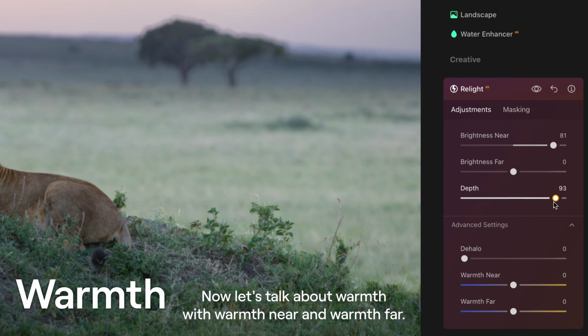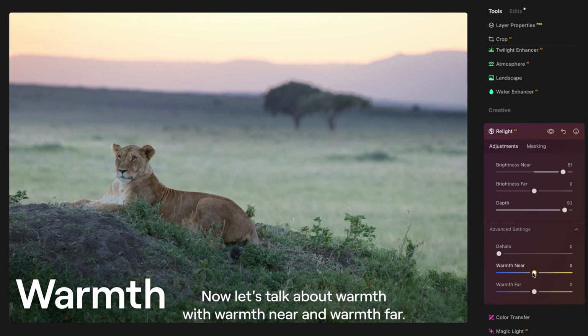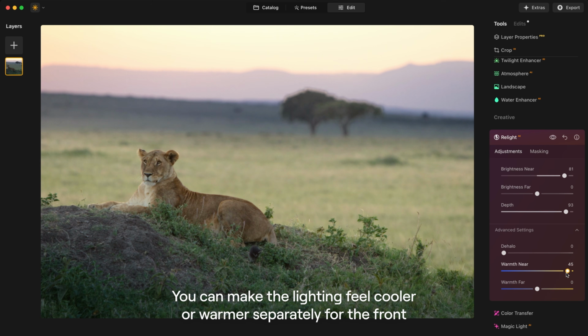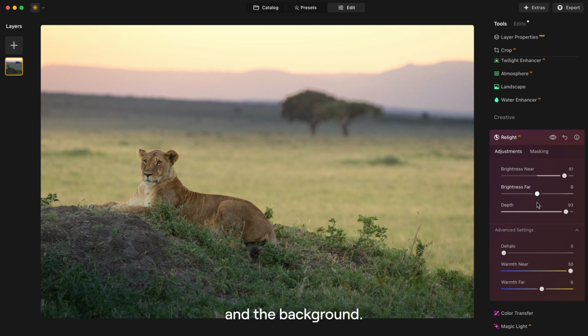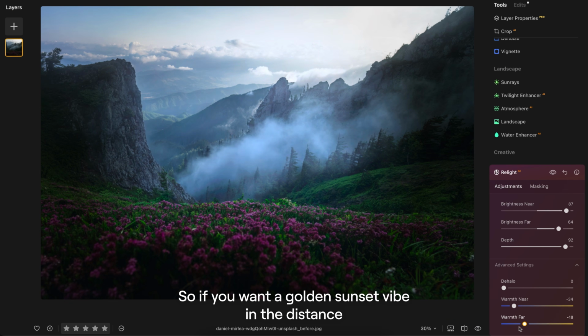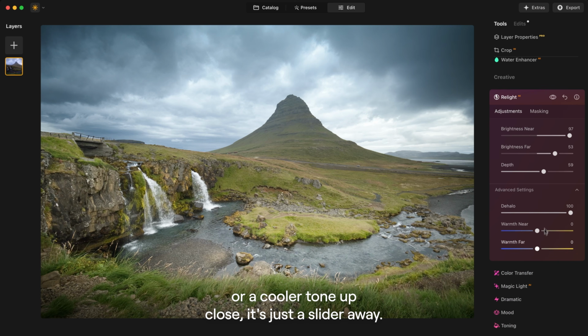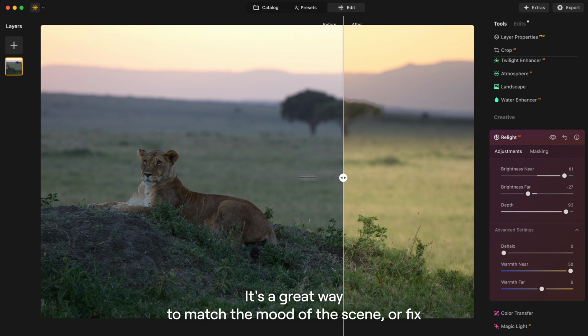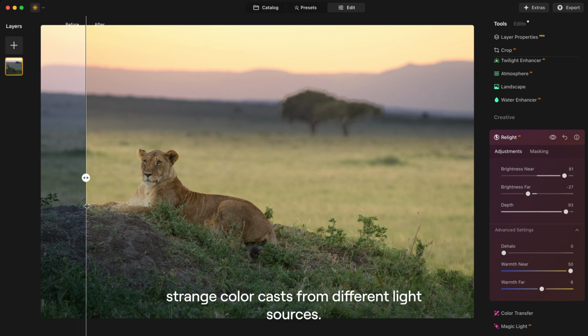Now let's talk about warmth. With warmth near and warmth far, you can make the lighting feel cooler or warmer, separately for the front and the background. So if you want a golden sunset vibe in the distance or a cooler tone up close, it's just a slider away. It's a great way to match the mood of the scene or fix strange color casts